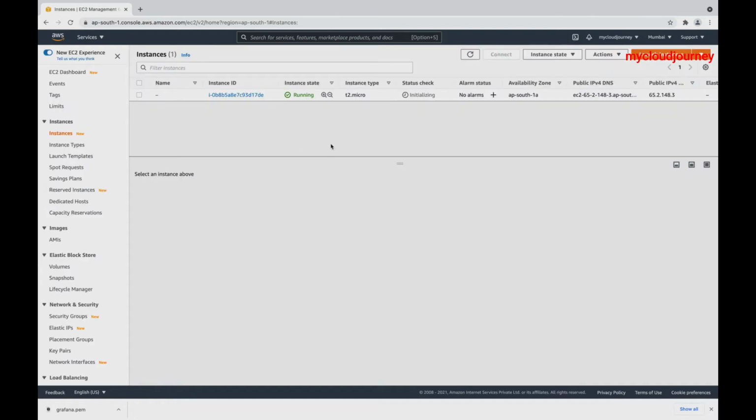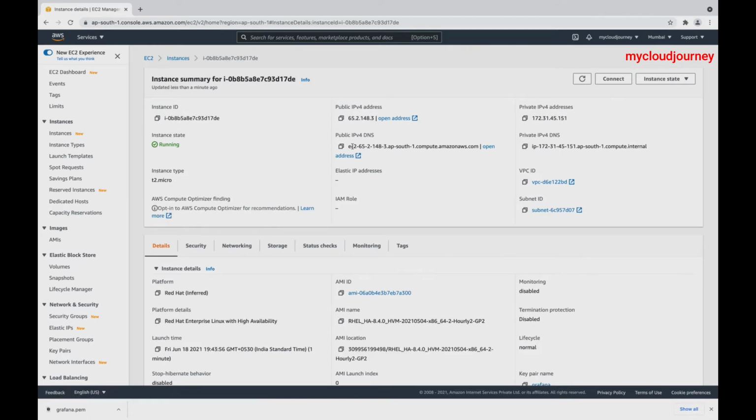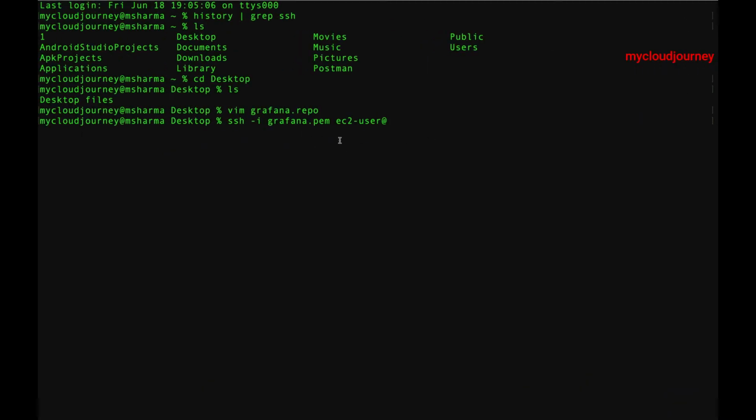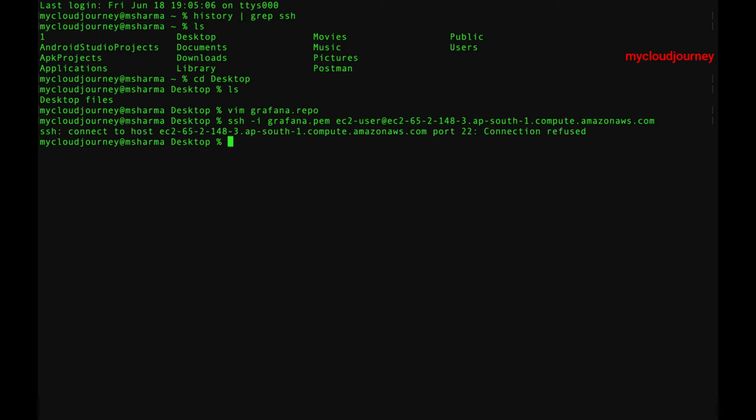So EC2 instance is up and running now. Click on the instance ID and get the public IP of this instance. Let's log in to the machine to proceed with the installation steps. I have pasted the grafana.pem file on the desktop, and this is the command to access the EC2 instance, and then enter.